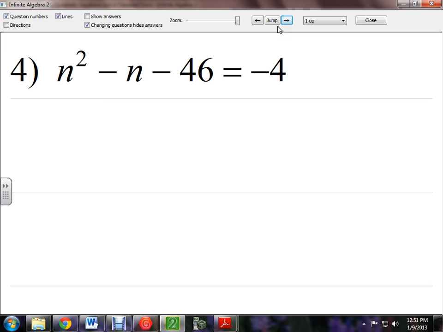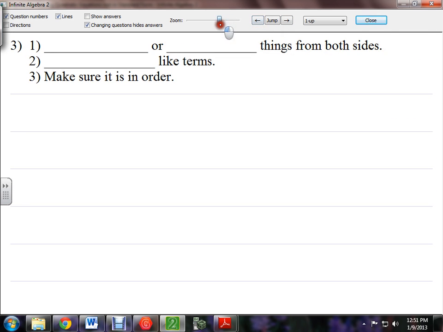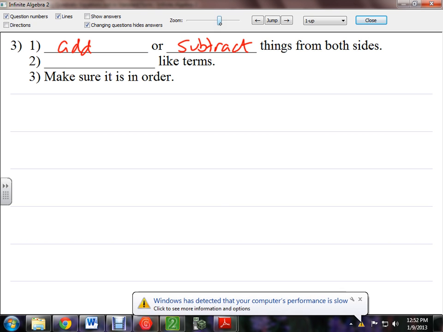So for a problem with no zero at the end, on number 3 you have the blanks here, there are a couple steps. We need to get it equal to 0. We have to get a 0 on the end so that we can do what we've been doing. So the first step is to either add or subtract things from both sides. So we're going to be adding the 4 or subtracting 3x or doing something like that from both sides of the equation first. That way we can get a 0 on one side. We want to then combine any like terms that we have,